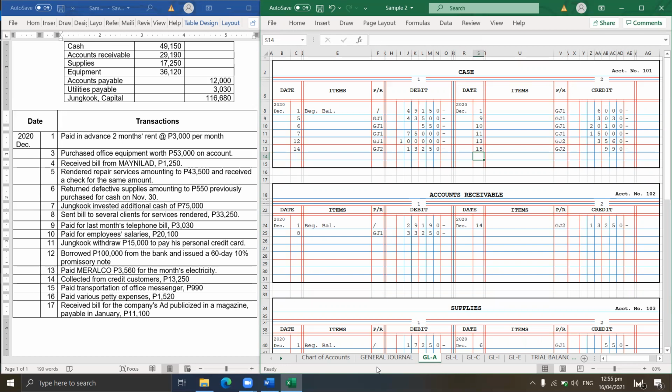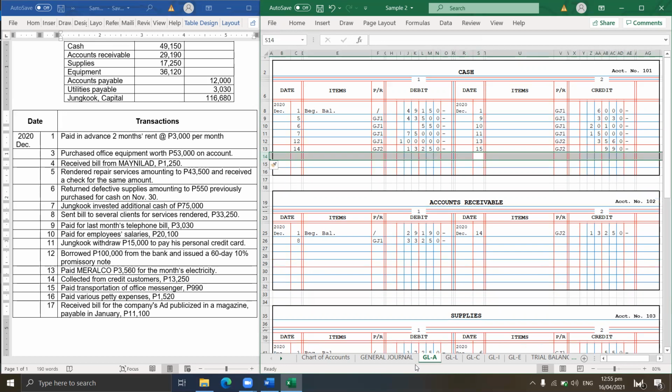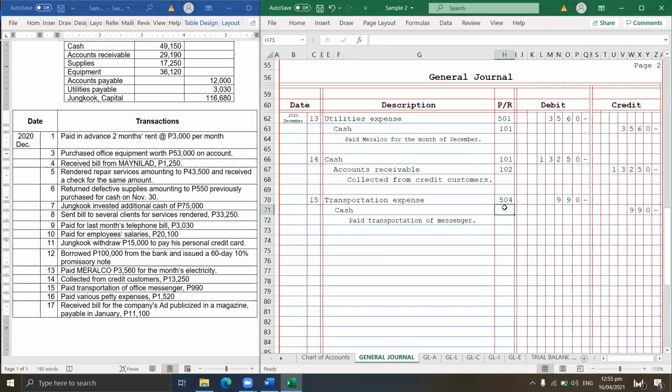Okay. So again, if you do have questions, please let me know. So balik tayo sa journal for the account number of 101. So that's 101. Okay, so we're done with the December 15. Okay, dalawa na lang po. Okay, next to analyze is on